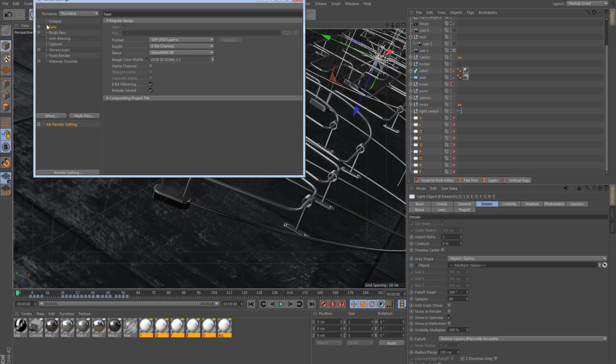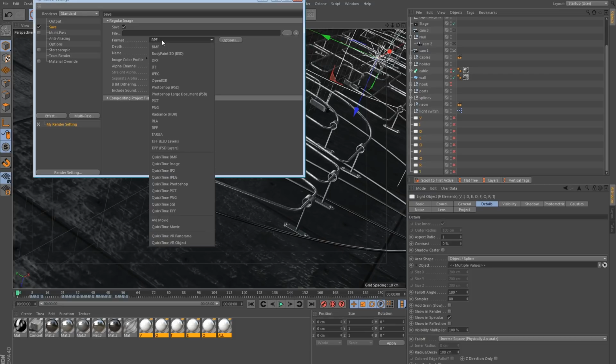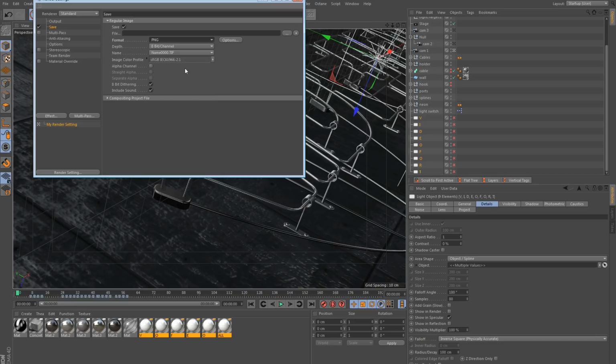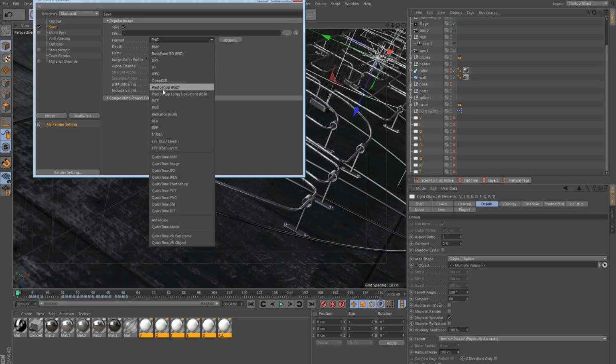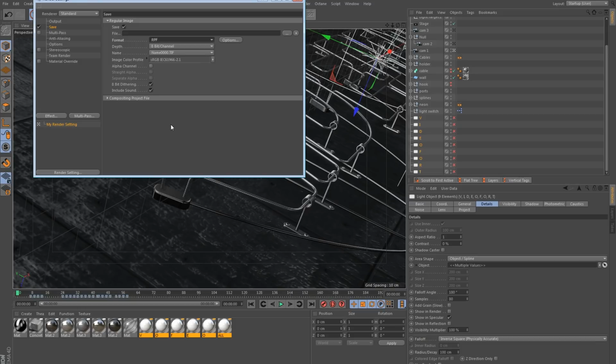Okay, so moving on with the export for this, I will do an RPF format so I can extract a depth pass in After Effects. If you don't have a good depth plugin in After Effects, though, there's no point doing this. You might as well go for PNG, and if you wanted depth of field, you would have to bake it into the render inside of Cinema 4D, but I use Frischluft depth of field in After Effects, so I can go for RPF 16-bit and just save out to a location.